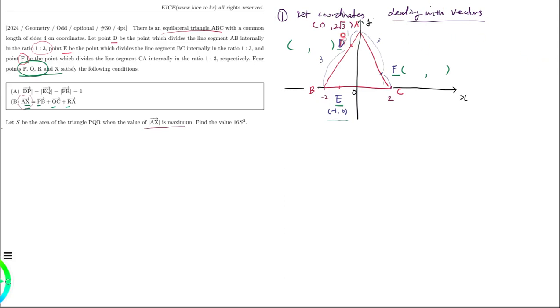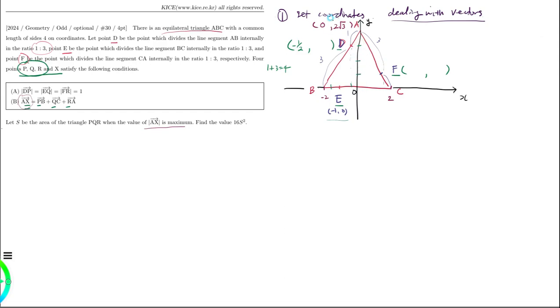Since the ratio is 1 versus 3, and 1 plus 3 is 4, we divide the x-axis by 4, 1, 2, 3, 4, and its x coordinate is -1/2. Also, we divide the y-axis